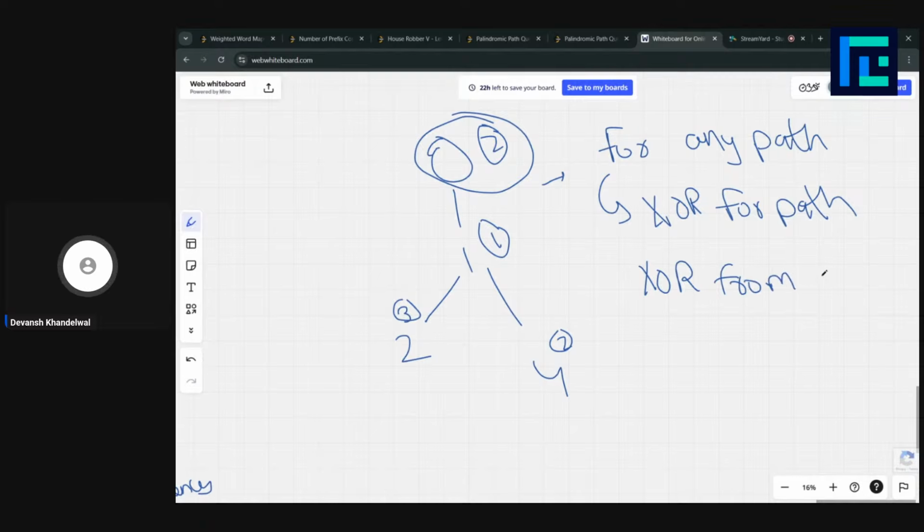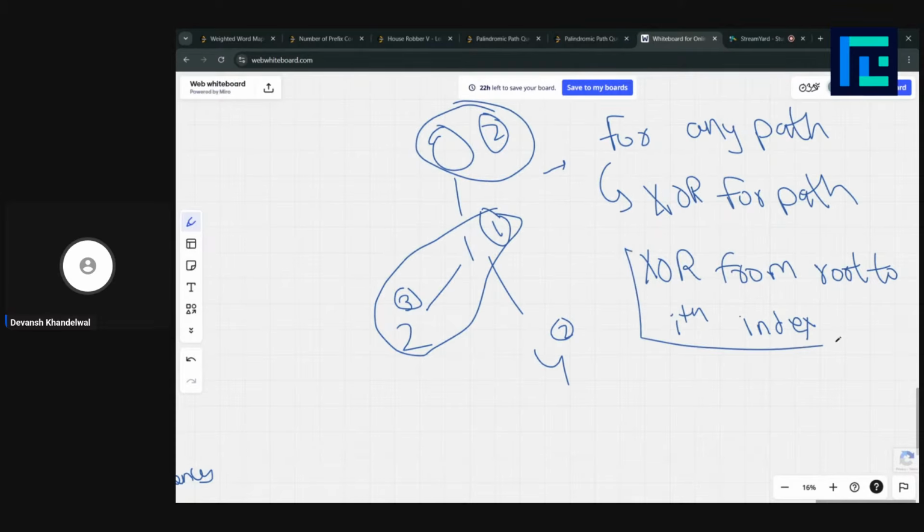root to ith index, and then let's say we need to find the XOR of this path, and we have XOR from root to ith index for each node.